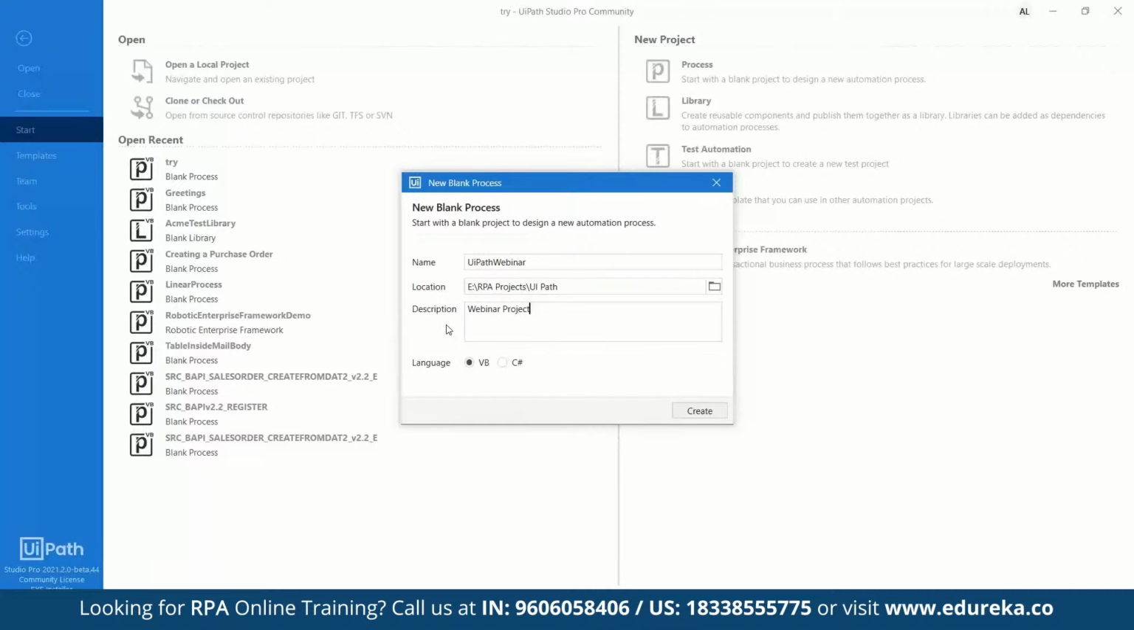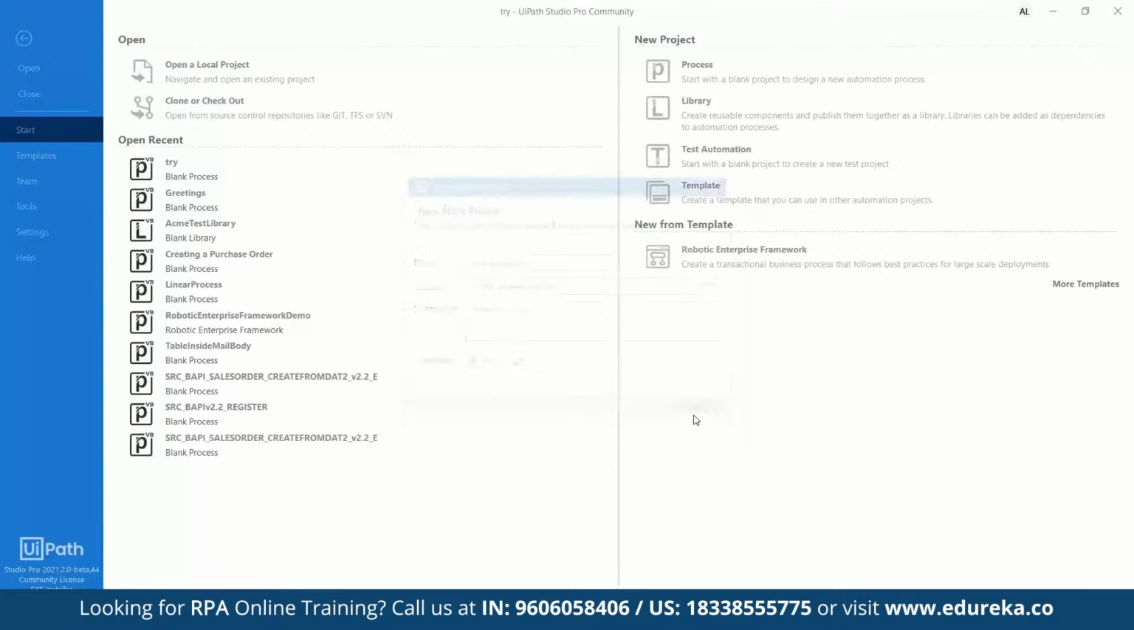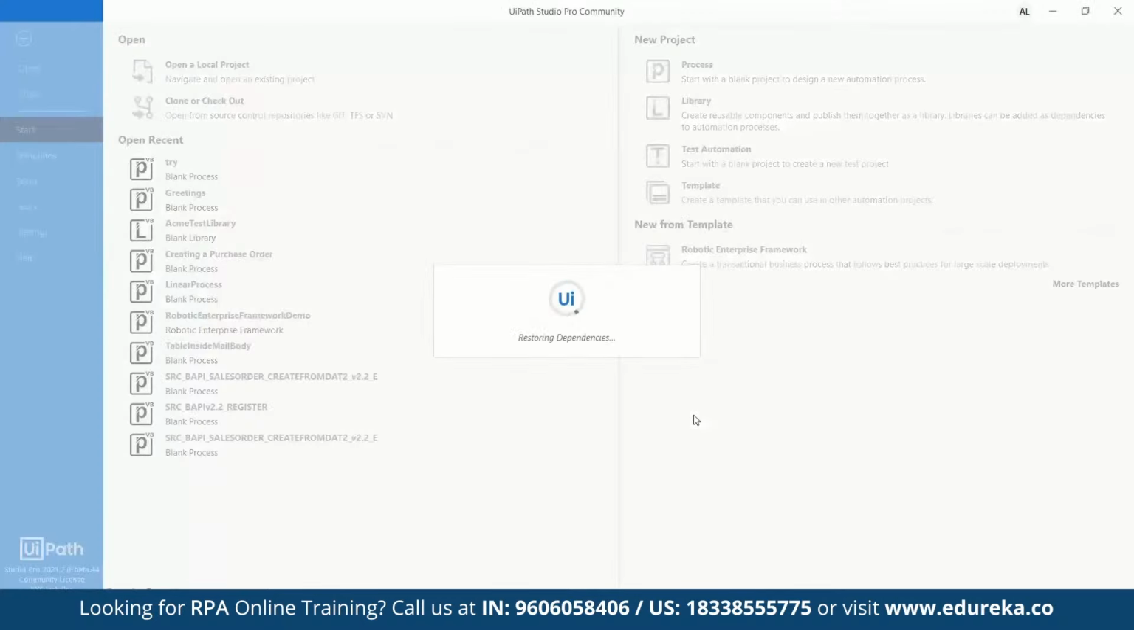And just give the description, and you can use any of the languages, that is VB or C sharp. There will be some scenarios where you have to write small code snippets in your automation. So in which language that has to be written, that is what this is. If you are familiar with VB, you can use VB, or C sharp, you can use any of those languages. So I'll just click on create, which will open an editor or IDE